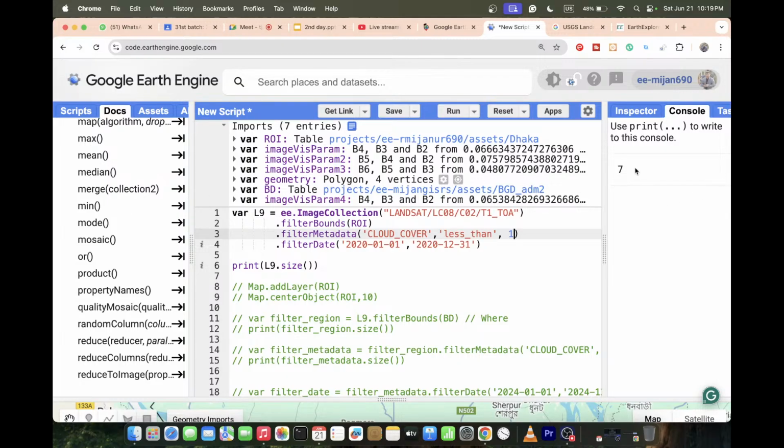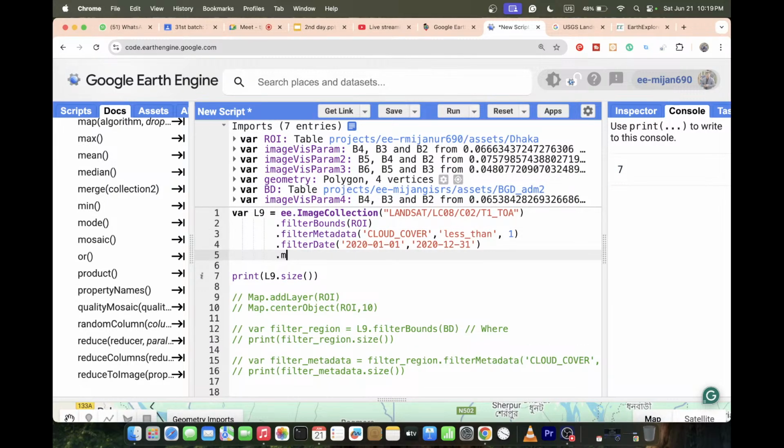So we find that there are 7 images. Okay, suppose I want to use all of the images and create the median composite. So for that, I just put here the median